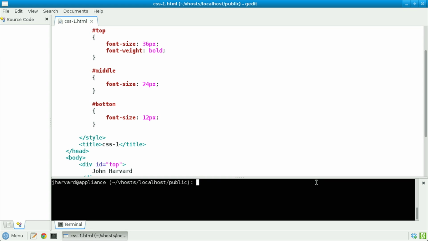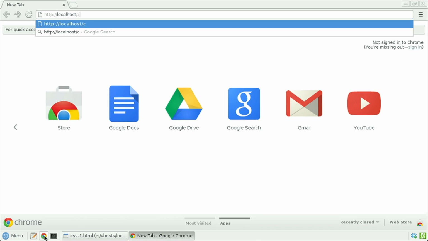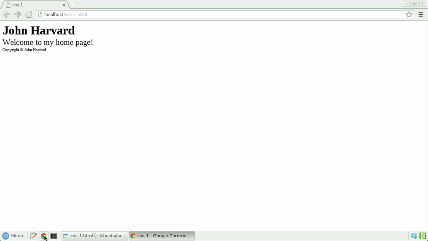Let's now save, change the permissions on, and load this page in a browser. chmod a+r css1.html. Let's open up Chrome and visit http://localhost/css1.html. Not bad, exactly as I intended, but I'd like to take things one step further now and center John